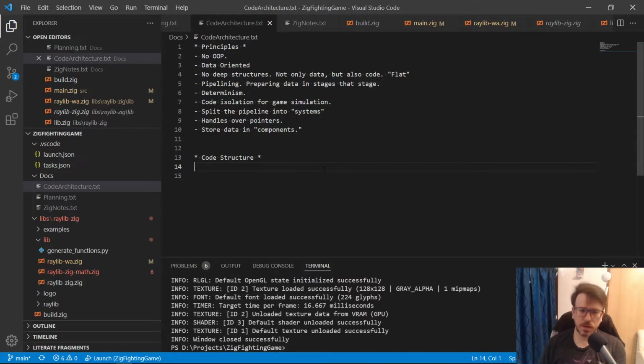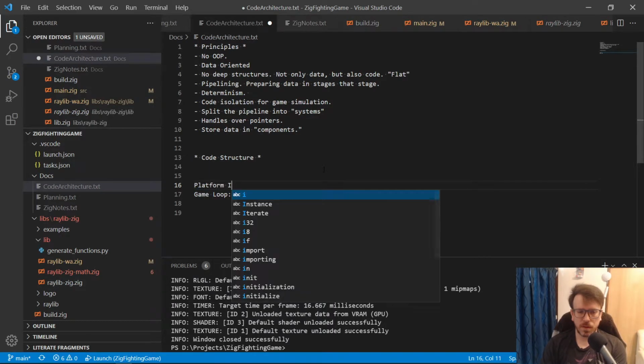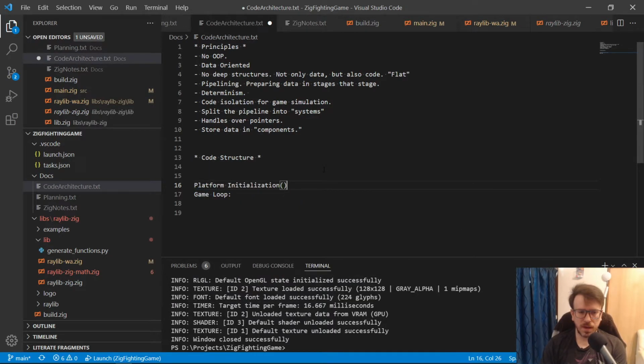So of course I'm gonna start writing pseudocode because it's the way I like to do it. Basically we're gonna have our main game loop, and obviously we're gonna have platform initialization stuff at the start.